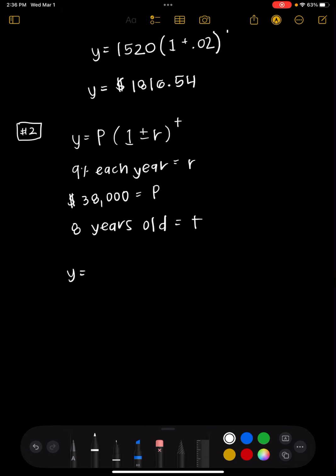So I'm going to say y is equal to our starting value, which is 38,000. Then it'll be 1 minus, because it's depreciating, the percentage rate, which is 9% per year. So to do 9% in decimal form, it's 0.09, to the power of t, which is 8. Now let's plug that in, which would give us